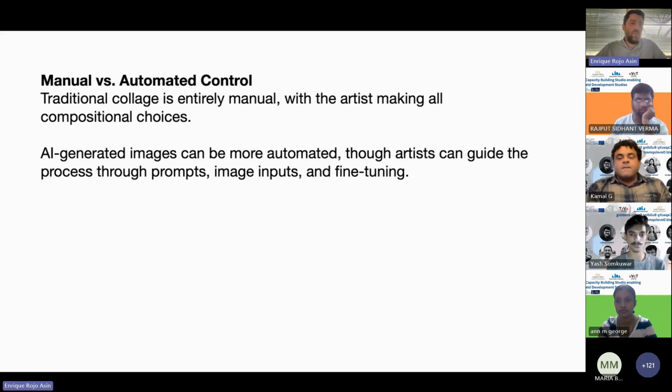Obviously, as I said, manual versus automated control is the tricky part. In traditional collage, it's entirely manual, so you can control the entire process. With these generated images, as they are more automated, maybe you are not in that control, but that's the point: in the end, you try to tune all those images to get the same final output.